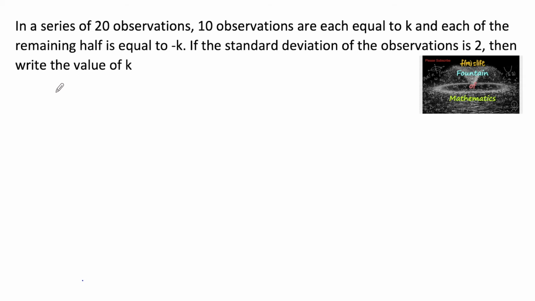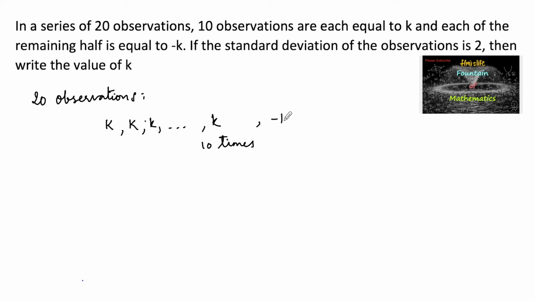So here the observations are 20 observations, in which 10 observations are k, and so on 10 times k, and the remaining are negative k, and so on negative k. These are the remaining 10 observations. So total 20 observations